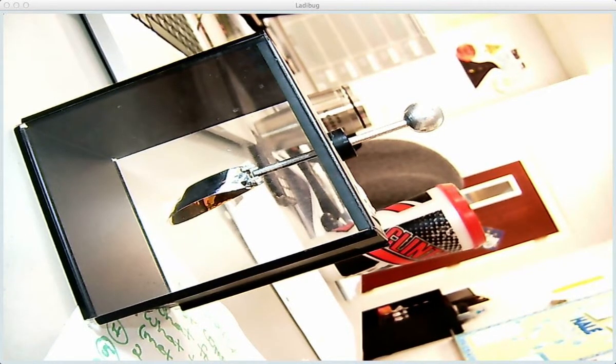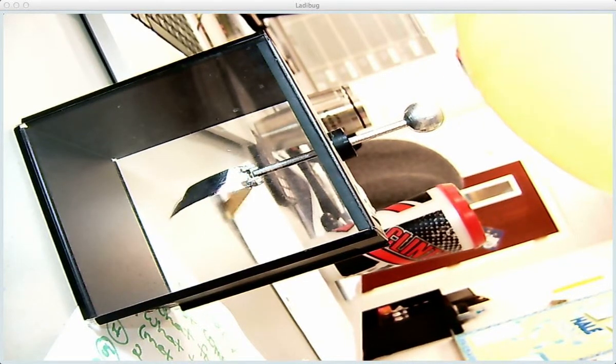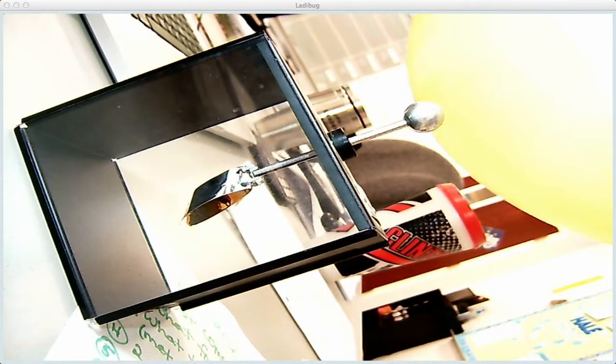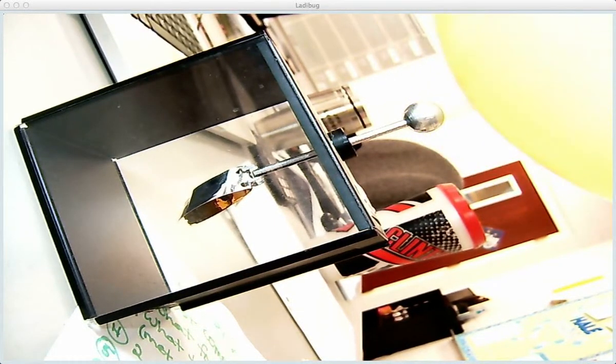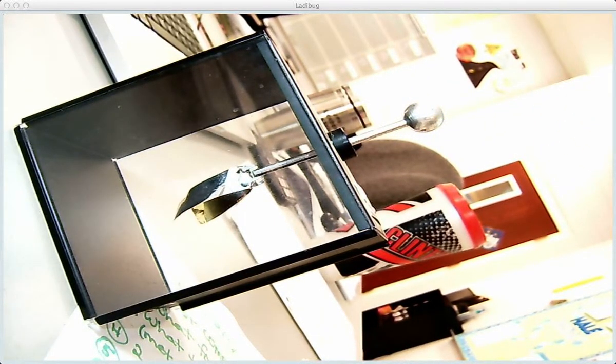This is an electroscope, which detects the presence of electric charge. As this gets close, we see that there is indeed charge being built up on the balloon. You hear that little pop? The little pop is charge dissipating from the balloon. You can't see it, but